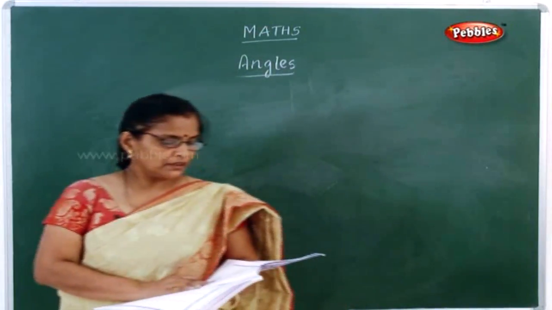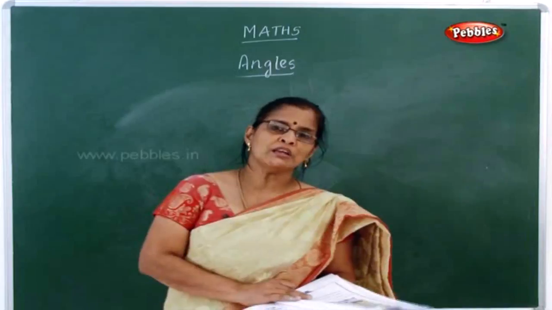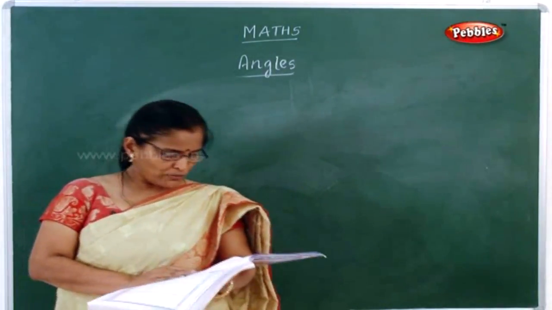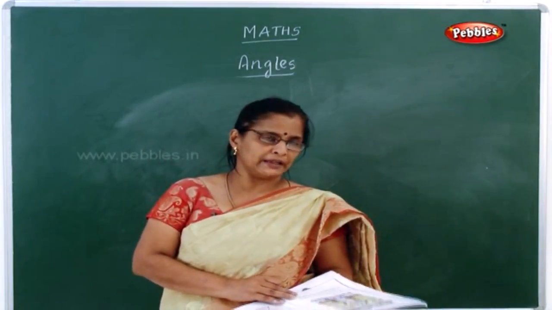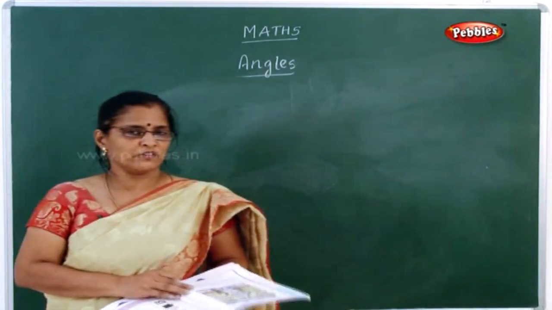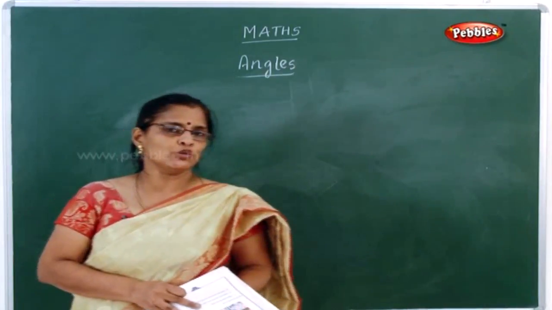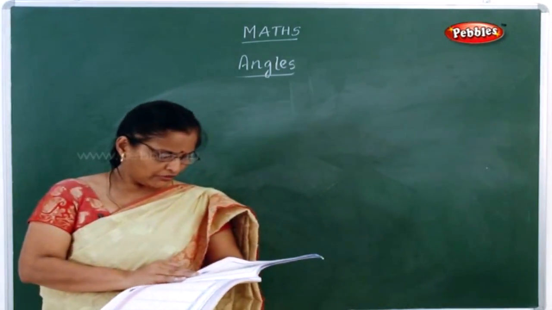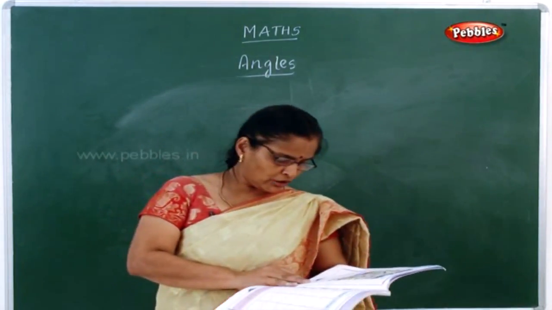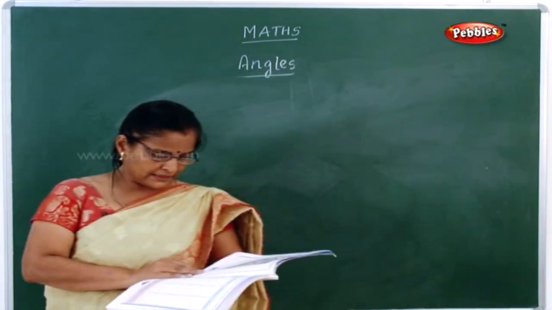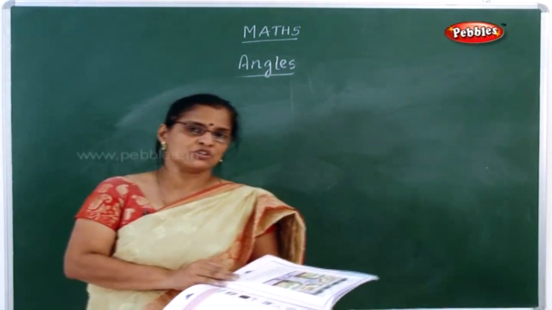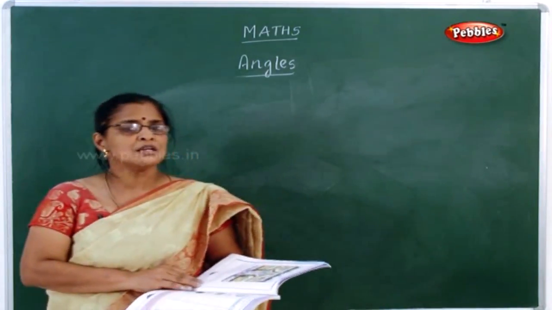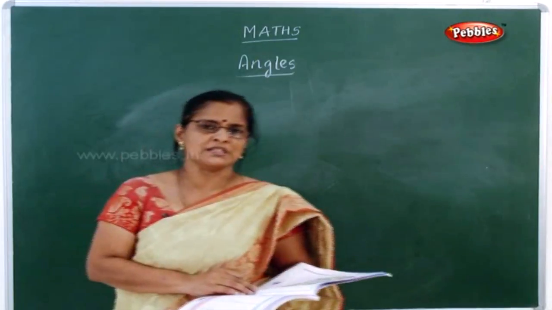See, the next one is, in the picture of the park, there are many angles. Now what you have to do is, you have to use the color pencil to mark right angles with red color. See, there is a picture given, a park picture is given. Now you have to take the red color and color the right angles with red. Then for acute angles, that is less than a right angle, the color should be green, and blue is for angles more than a right angle, that is, what you call an obtuse angle. So this you can do as your homework.